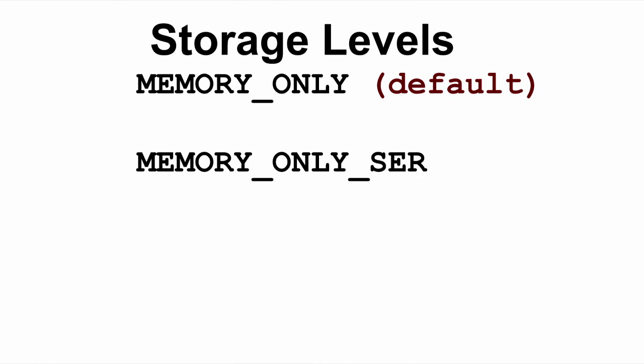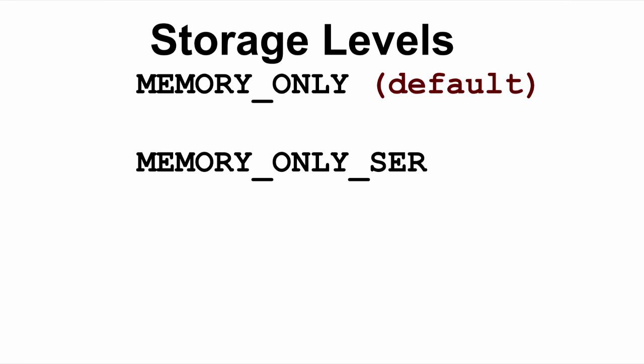Spark lets you, based off of how the data exists or what characteristics you know about the data, choose a variety of different storage levels. By default, it's going to keep all the data in memory using simple JVM serialization. If that is not the most compressed or most efficient way to store something in memory, or you're going to blow the heap on all of your data, you can choose to use the memory-only serialized option, like a Kryo-based serialization, to compact it down to fit in memory better.